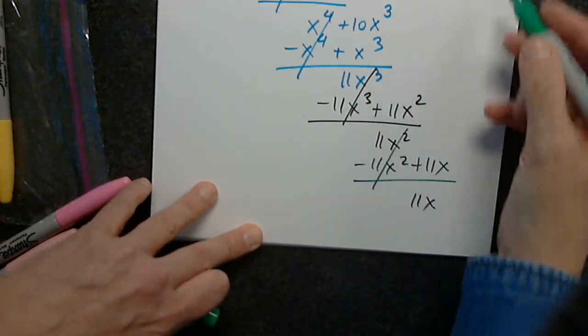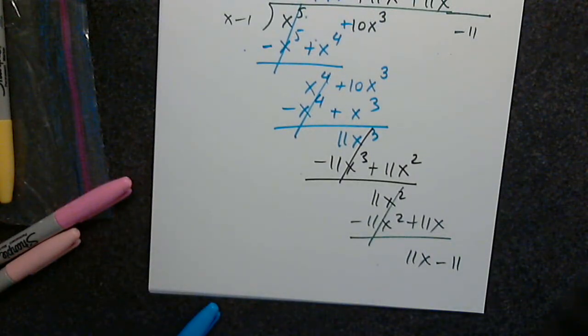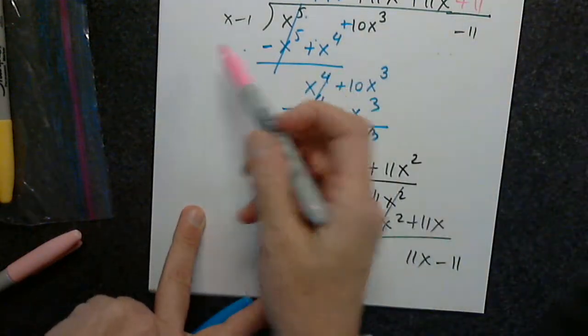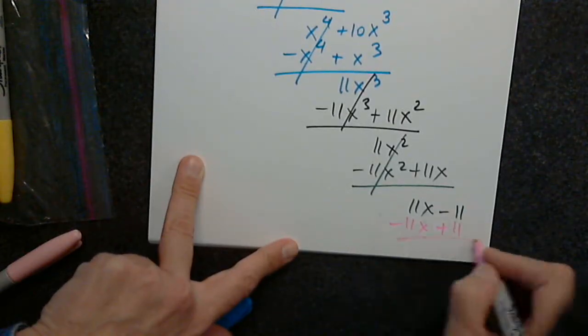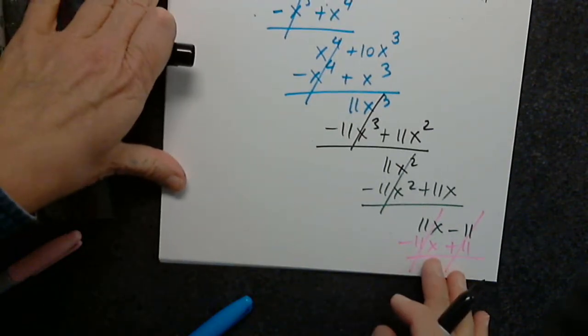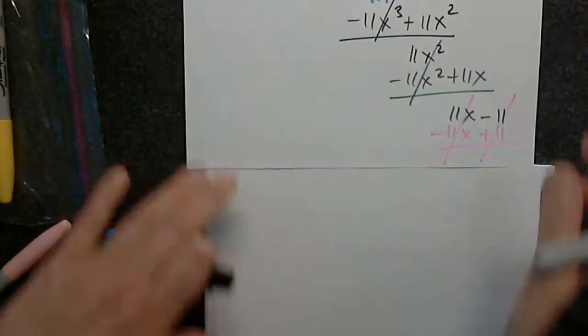Finally, 11x, and I bring down the last line. X times what is 11x? That's it. Positive 11x, subtract. Negative 11, subtract. So the final answer, you got lucky with that one. No remainder. It happened. So the final answer would be,